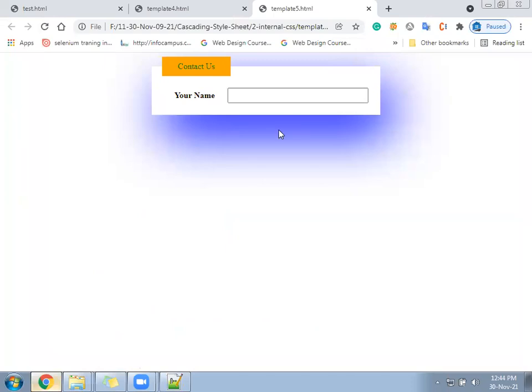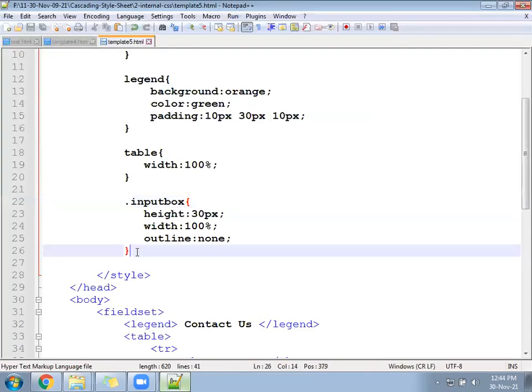No lining at all? It remains the same after clicking also. We want to change it according to our own ways.